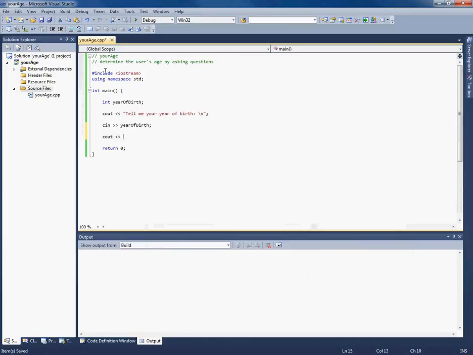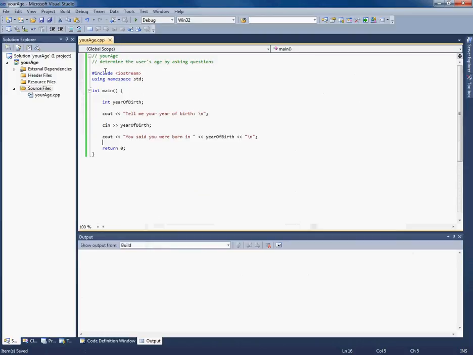And now I'm going to write out a message so that we can check that it's working. Okay, so this will write, you said you were born in, and then whatever year they type, and then a new line.